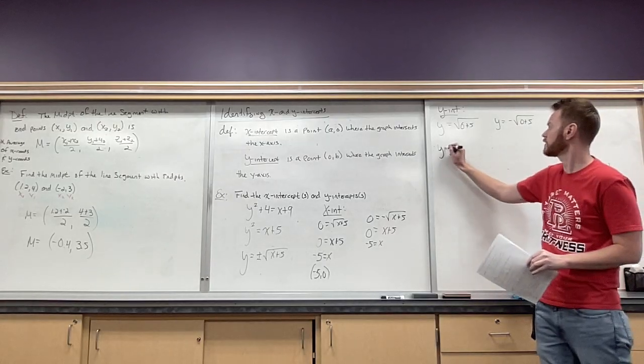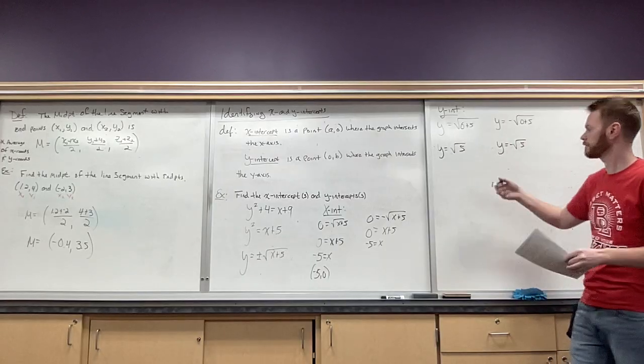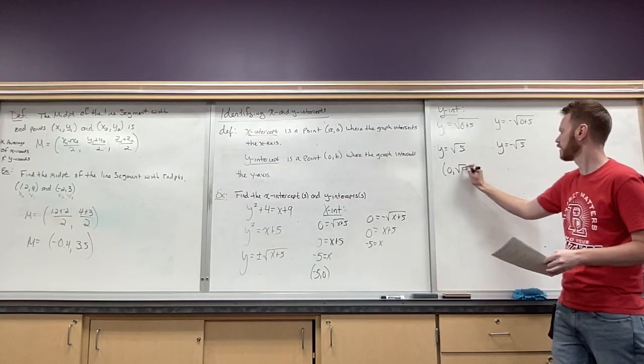So this will just be y is equal to the square root of 5, and this is y equal to the negative square root of 5. Again, you want to write it as a coordinate pair,